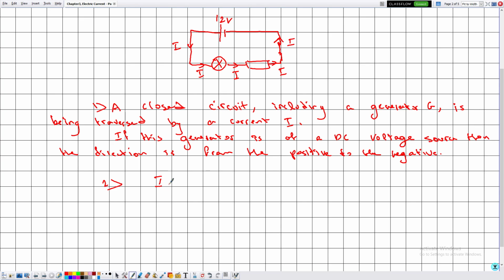In the case of a complex electric circuit, consisting of several generators and branches,